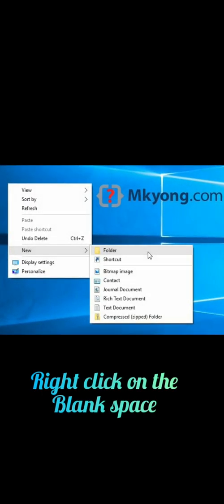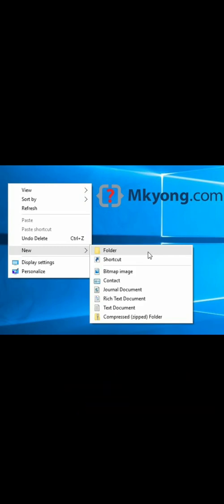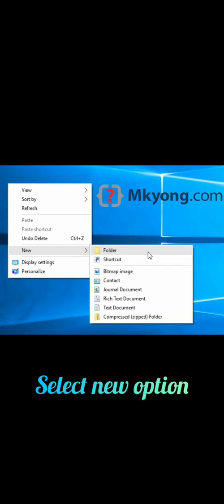First is creating a new folder or new file on the desktop. So, we will see the steps to create a new folder on the desktop. First, right click on the blank space on the desktop. Second, a menu appears. Select the New option.